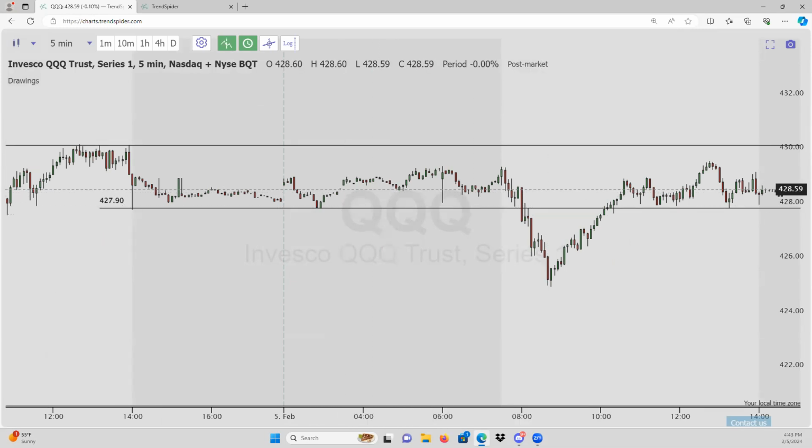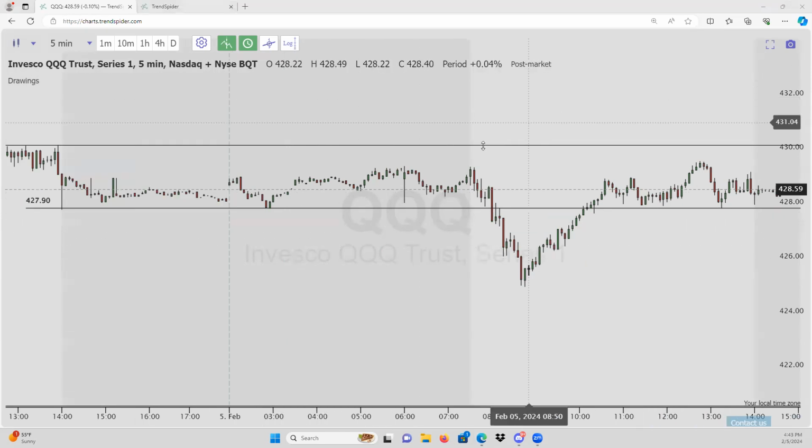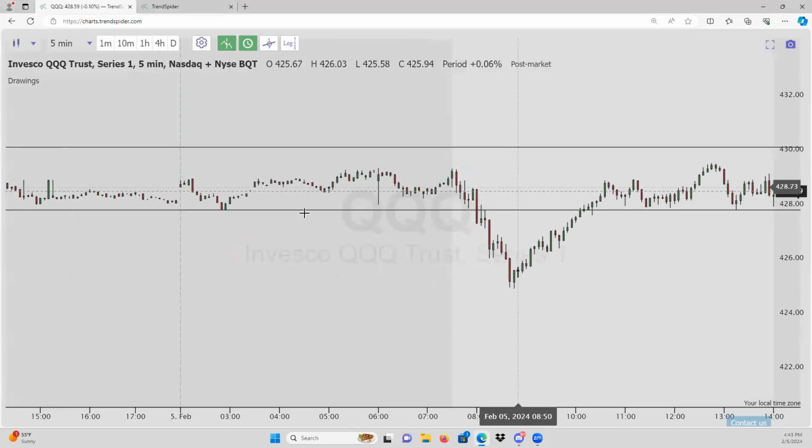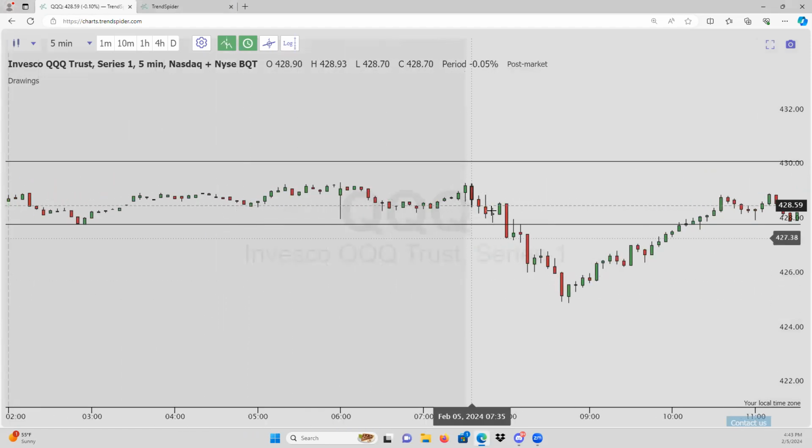Now, how would I take my entry here? Well, one of the things we teach is a break and retest. Now, I know I took this as we were breaking just because I have the experience. I know what I'm seeing. But for most of you, what am I looking for? I'm looking for a break and a retest of this level. So we took the entry here. What you guys could have done is take the entry right into this level, right?